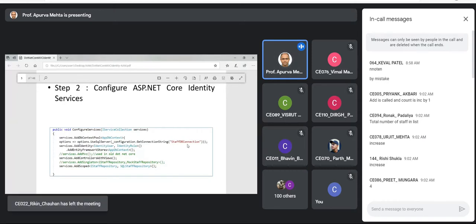Either it is in the launchSettings.json file, if it is in development mode. And then you add services.AddIdentity. So here you are adding the identity. The earlier configuration was services.AddDbContext or AddDbContextPool. I think in the EF Core part, if it is covered, then it is only services.AddDbContext.